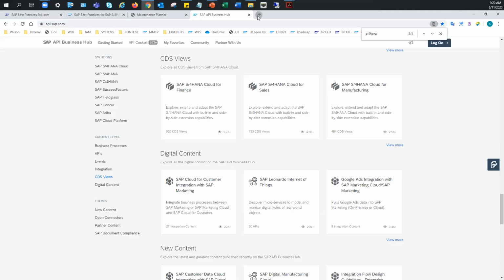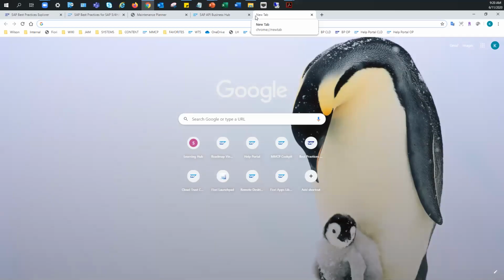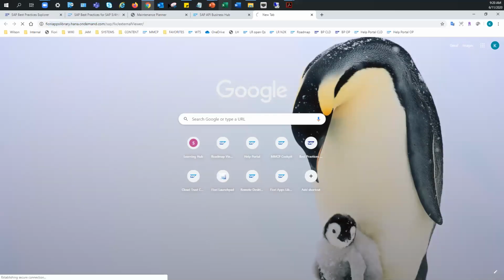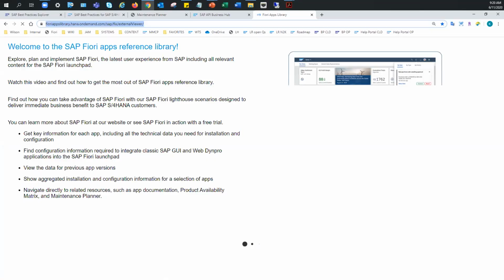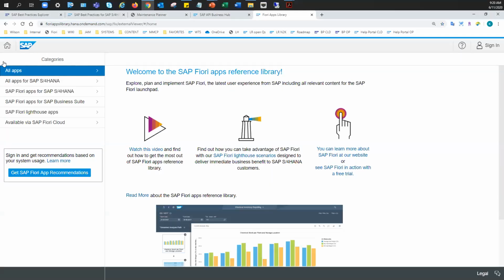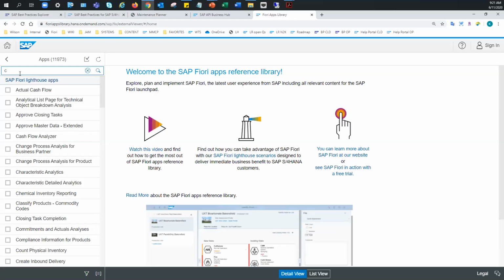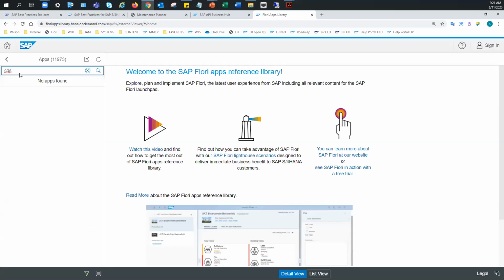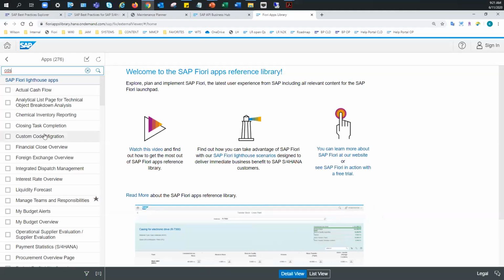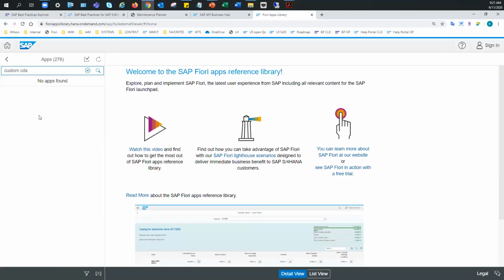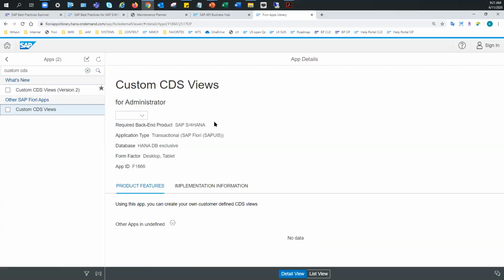The way that we can figure out the applications that are available is to look at the Fiori Apps Reference Library. So here's the link to the reference library. In the reference library, I'm just going to keyword search for extensibility. Actually, we'll do CDS Views. Okay, and we will go Custom CDS. So Custom CDS Views